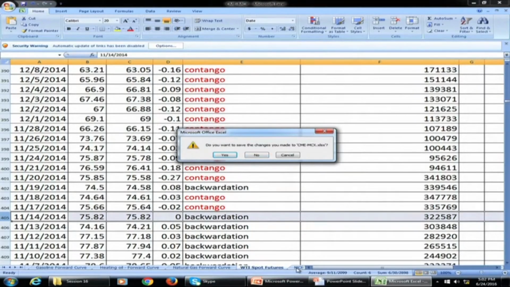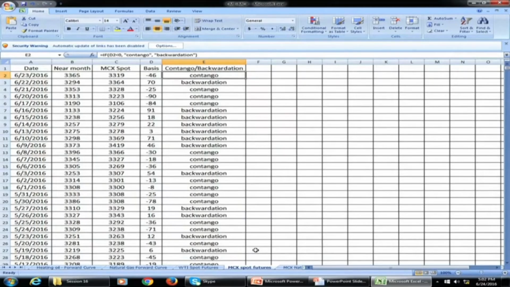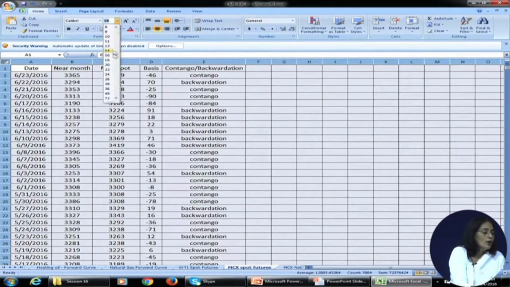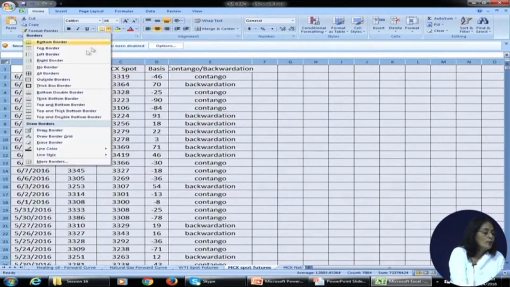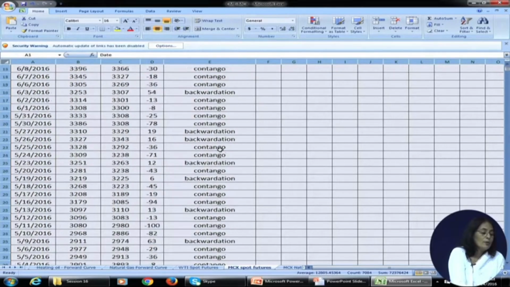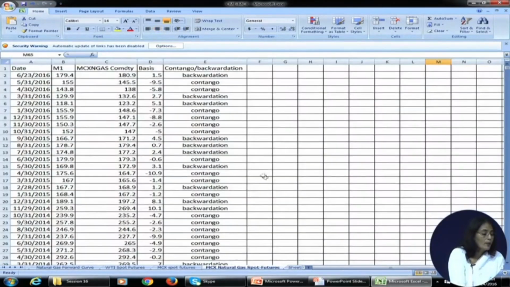Okay, now let's go to our understanding of whether the Indian market is in contango or backwardation. Unlike the US market, where you have a prolonged period of contango or backwardation, in the Indian case it has been mixed. It is contango some period, backwardation some period, and so on. Similarly in India, at the Multi Commodity Exchange, you have not only crude oil derivative contracts but also natural gas futures contracts.